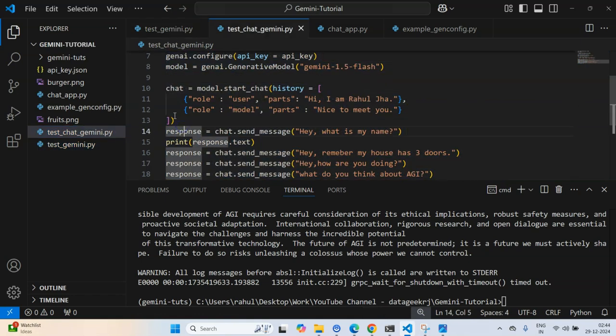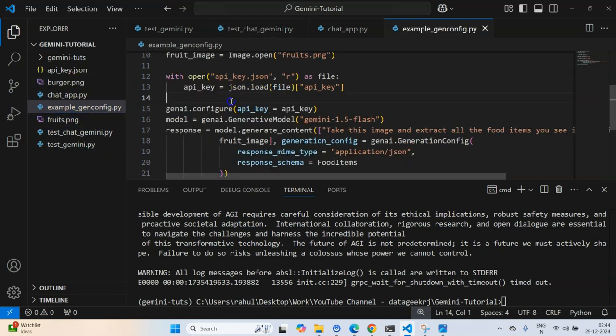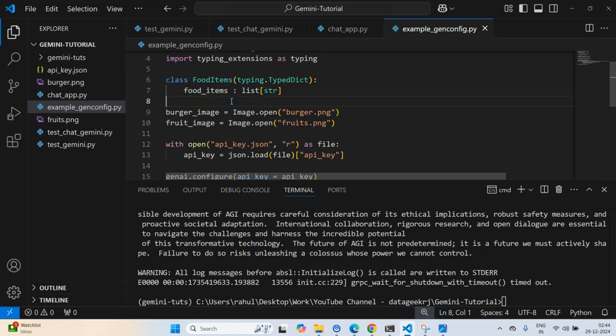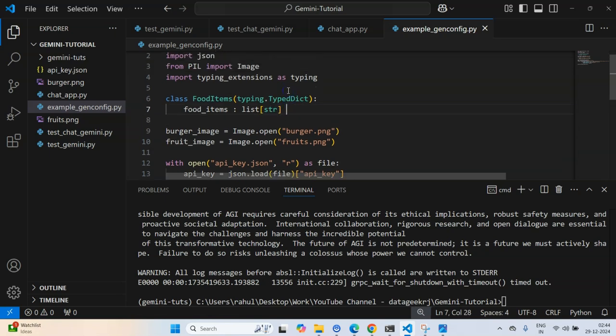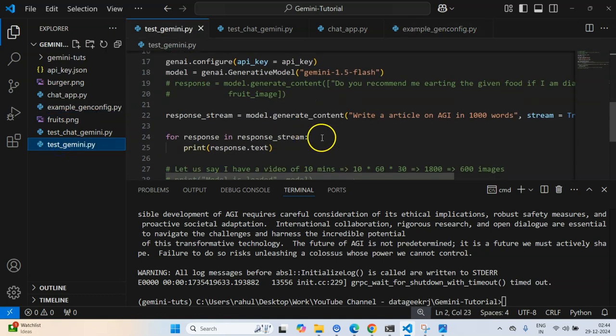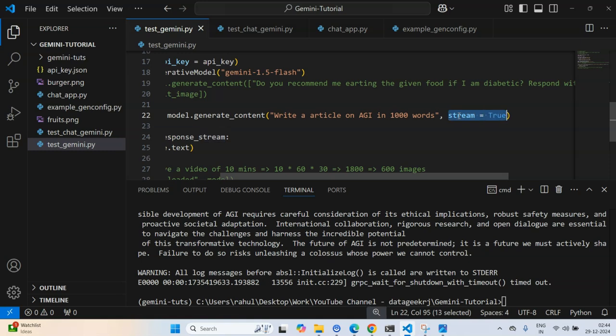a chat kind of interface where in the terminal I'm going to be building a chat app using the Gemini's API, and then we will be looking at how we can get structured responses using Gemini API by utilizing the schema type, and then lastly we will be talking about how to stream outputs using this simple argument called stream is equal to true. So I hope you are excited to learn all of this in 1 hour. So let's get started with the first section.